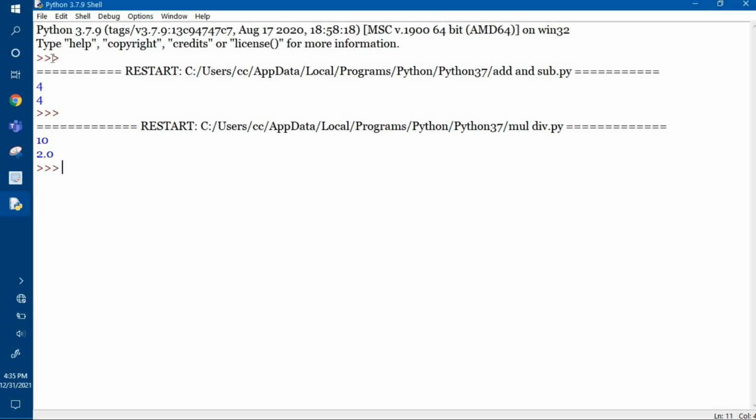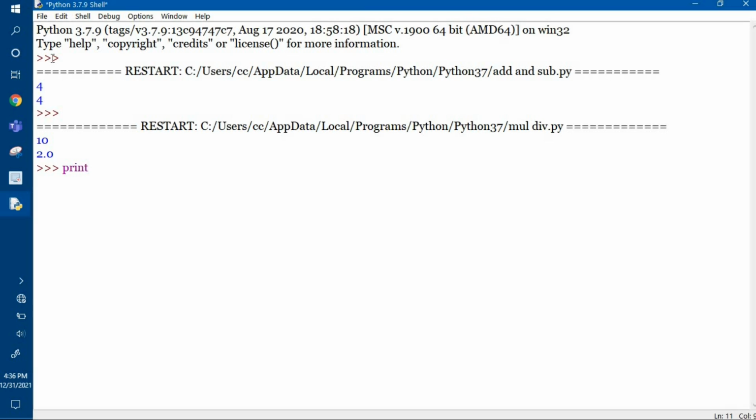And they can be created directly by entering a number with decimal point or by using operations such as division, that I already told that if we divide two numbers in Python, it will provide the output in floating point numbers. Now let us try operations on floating point numbers.